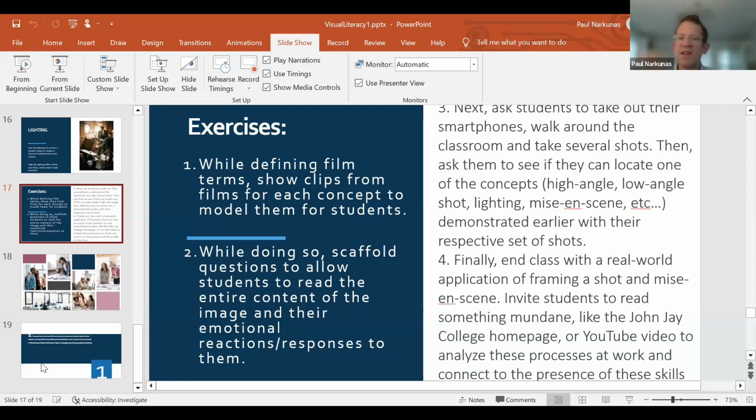Then one of the things I like to do, as part of this multimodal learning, is move this from purely an intellectual concept to something they've learned that they could potentially spit back to me in a test. I ask the students to then do it.